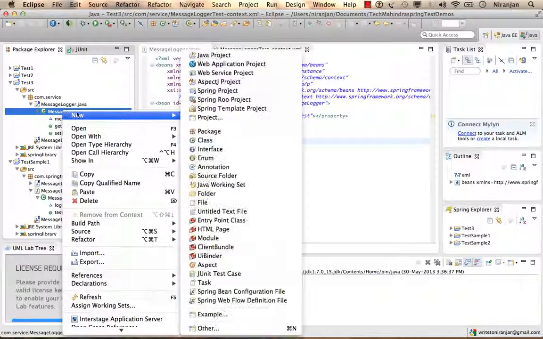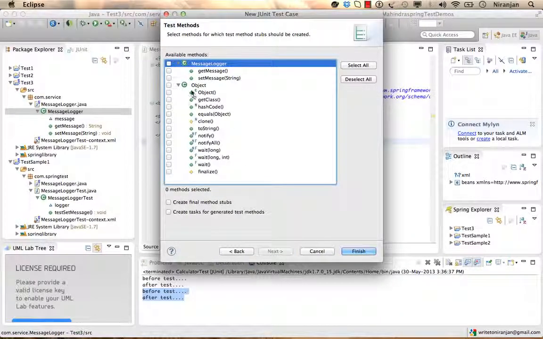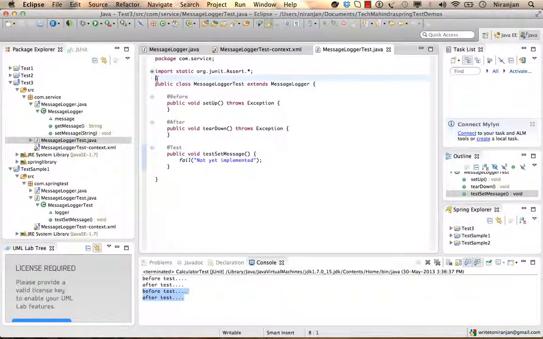I'll select this class, new. I'll go to JUnit test case, let it be, click on next. I'll test set message, click on finish. Now here I have test message. Now the first thing that I have to do is customize it so that it can